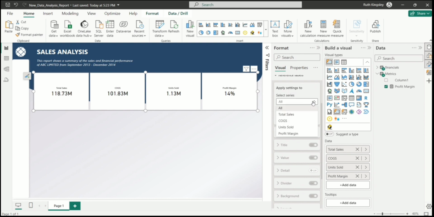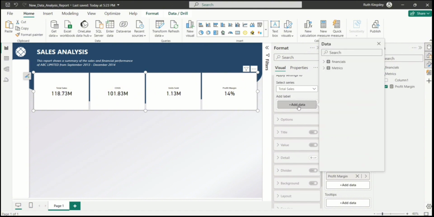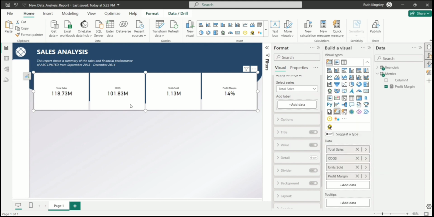So right now I want to apply this reference label to our total sales, and I'm going to click on total sales. After clicking on total sales, it says that we should add data, but right now we don't have any data to add because the data I want to add in my reference label is month over month and year over year. So let's quickly go and create measures for that. Since we are dealing with our KPIs for now, we'll create all the measures that we need to use in our reference label before we go ahead to start creating other visualizations